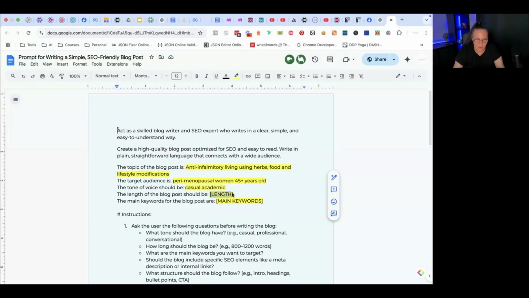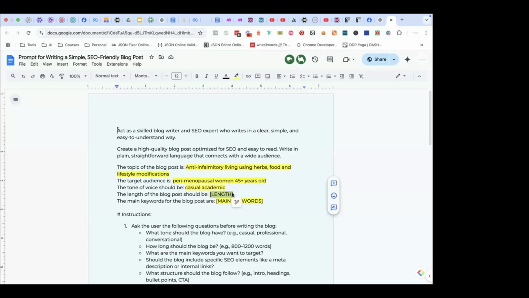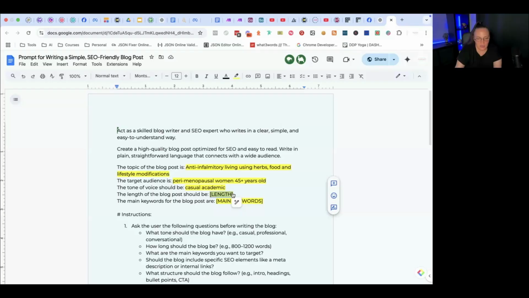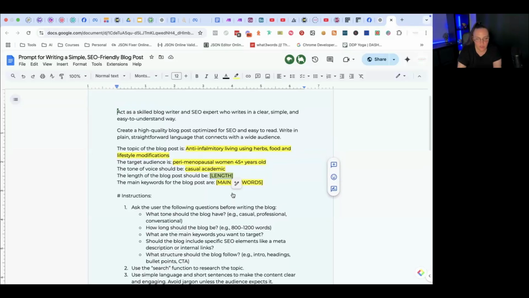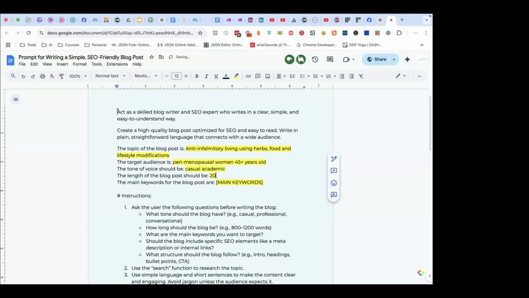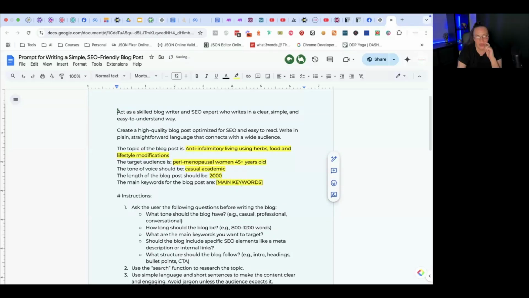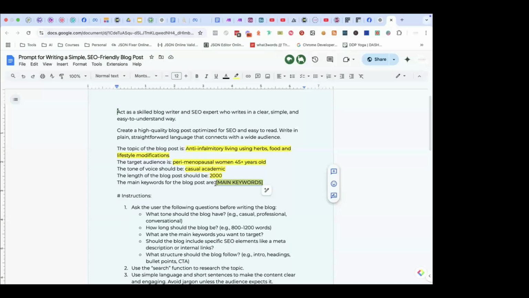Okay, what do we want for length? At least 1,000 words, preferably 3,000, because I use scientific APA references. Okay, I'm not entirely sure it will go for 3,000, but let's try 2,000 and see what happens here. Do you have your main keywords? Anti-inflammatory,